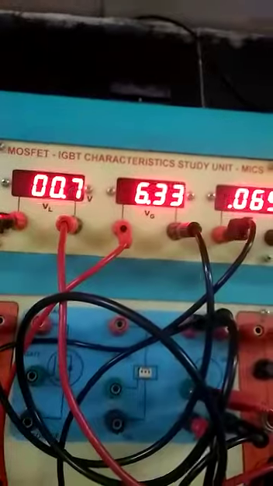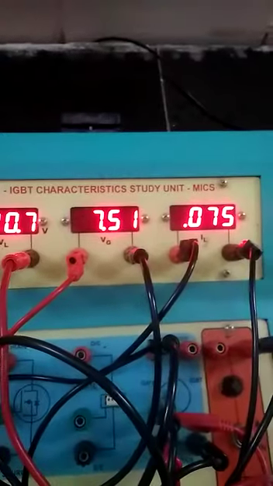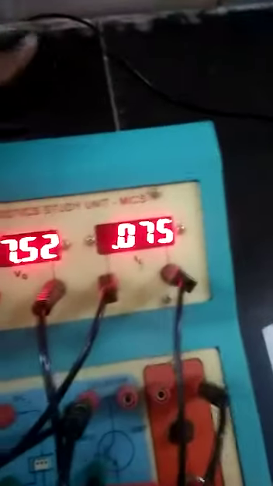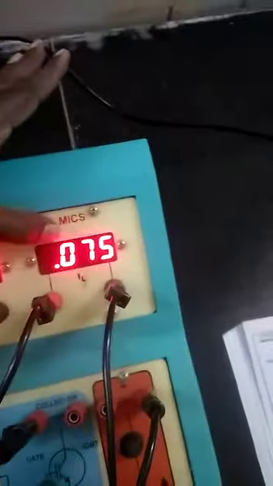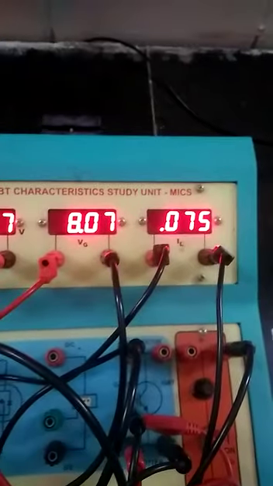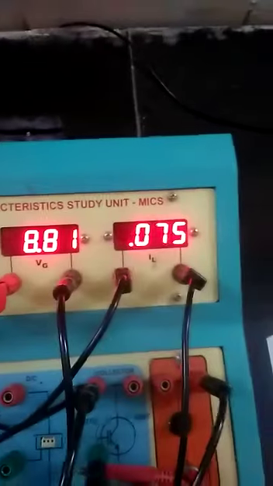Again, at 7 volts, 0.075 milliammeter. At 8 volts, 0.075 current, the gate current, collector current.